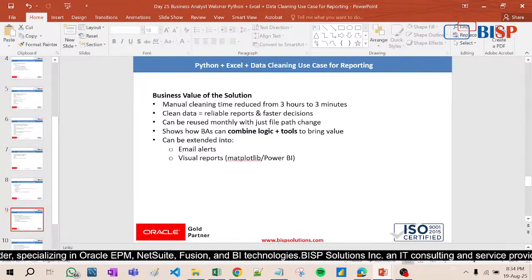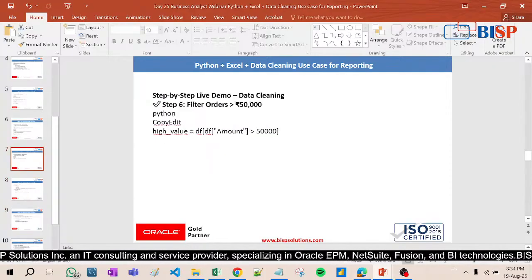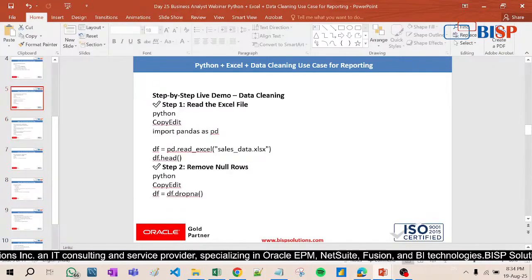And finally, the business value of the solution. What will be the business value of the solution? We have done so much hard work here. Now what will be the value and what benefit will we get? Manual cleaning time reduced from 3 hours to 3 minutes. Yes, that is correct. The reason is that when we apply all these commands in the Jupyter notebook,